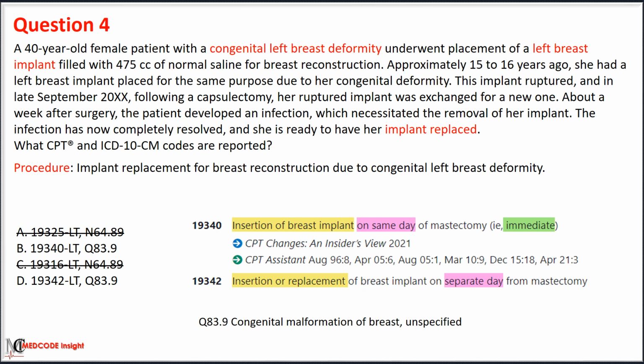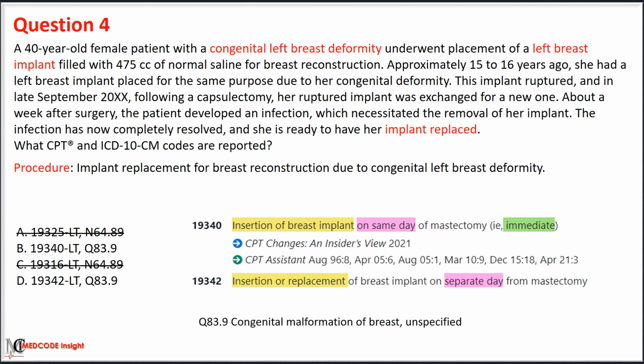Code 19342 is for delayed reconstruction, where an implant is placed at a date separate from the surgery. This includes the placement of a new implant or the replacement of an existing implant within the defect or reconstructed breast. Since the procedure involves placing an implant at a separate date from the surgery, a correct service code is